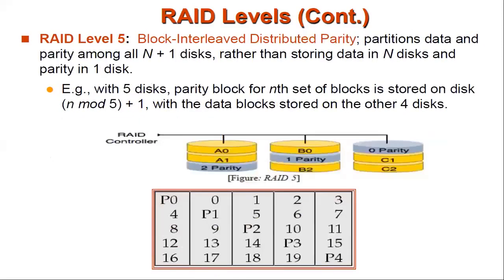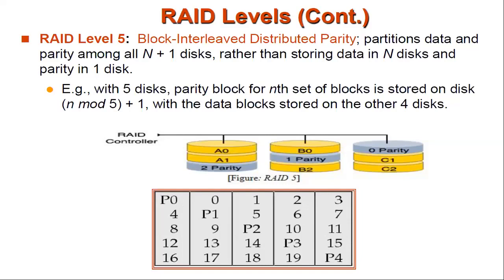Okay, so you can see in this diagram, in this arrangement you have 0 parity, here 1 parity and 2 parity, and then in the sequence of arrangement of disks, one particular disk will be meant for storing the parity details. Okay, so that parity will not be saved at the same level, it is saved in an interleaving fashion. So you can see the hierarchy. Even in the diagram, parity 0, here parity 1, it is in the diagonal, right? So in the 5 disk arrangement, parity 0, parity 1, parity 2, parity 3 and parity 4. Okay, so this is how you do the block interleaved distributed parity.